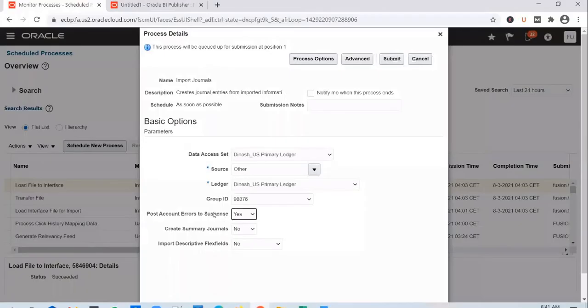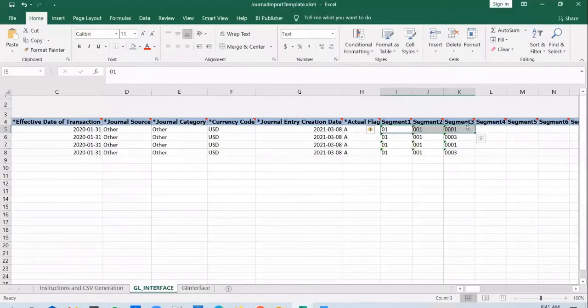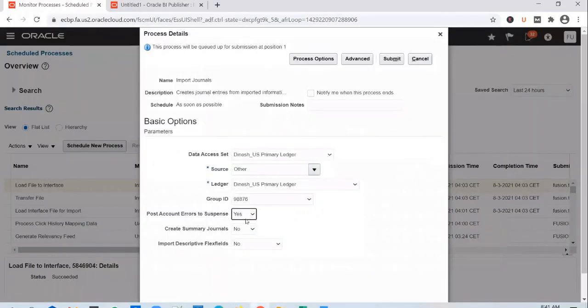Instead it will be created with a suspense combination or a suspense account. At a ledger level, when you do the configurations, you can set up a suspense account, and that suspense account will be used to create a journal line wherein you have the problem with that particular segment. So we usually leave this as no. We usually don't populate this as yes.